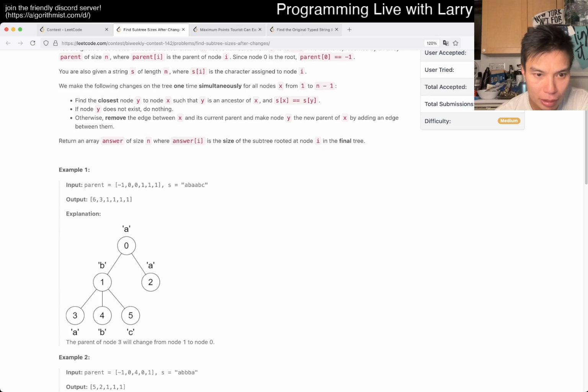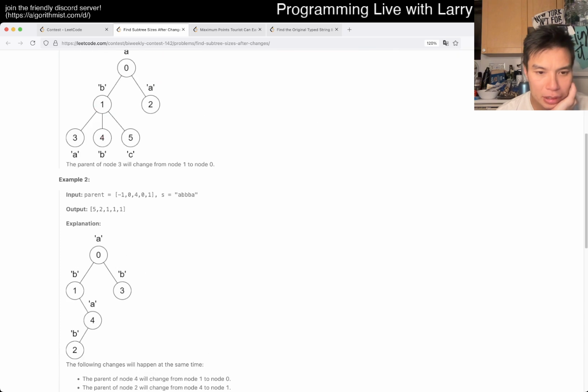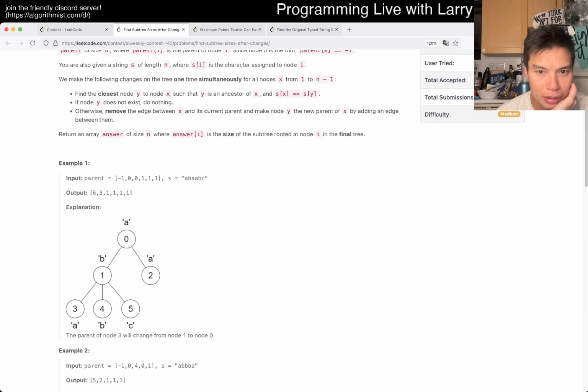okay, so you have, and then now node 3, it removes itself. So basically it is some kind of funky thing.